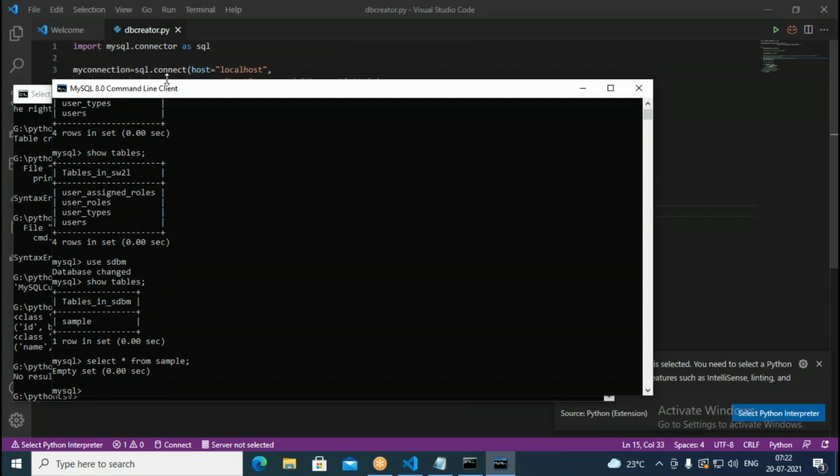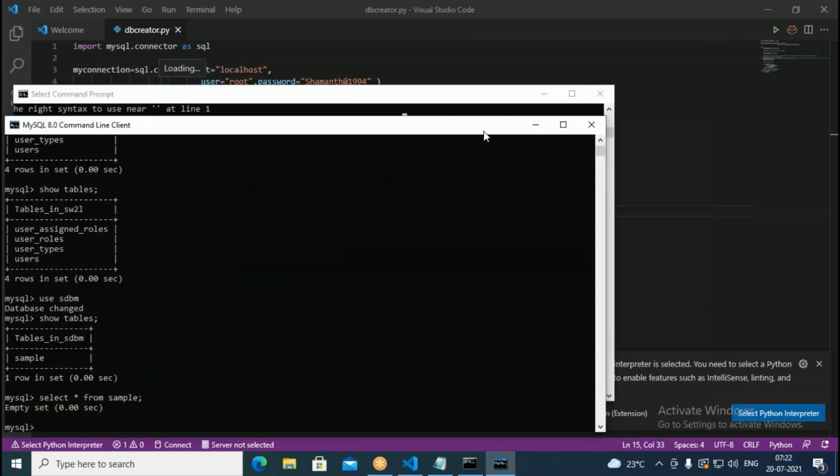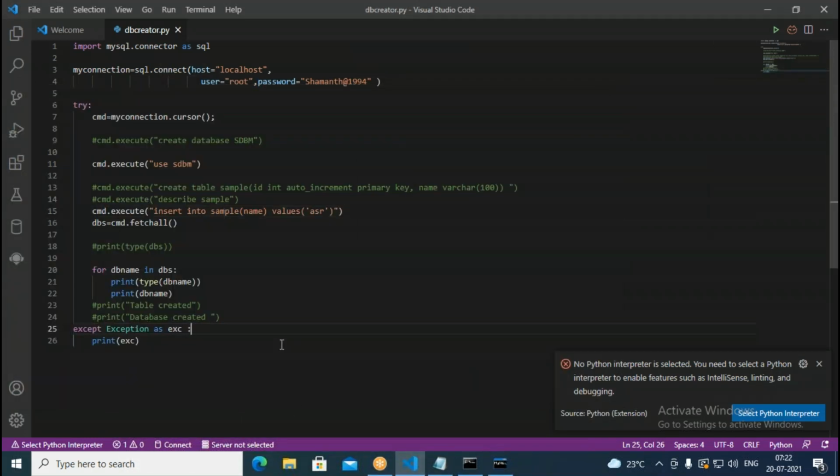But what is the data available? Empty set, it's saying here. No data is inserted. It could not insert any data into the concerned table. So what is the reason? Select star from sample is not showing anything. Sample is the table. What command did I give here? Once again, let me check. Okay, insert into sample, followed by the name we gave, then we are giving values. Using this command, it should insert data into the concerned table. But why is it not doing it?